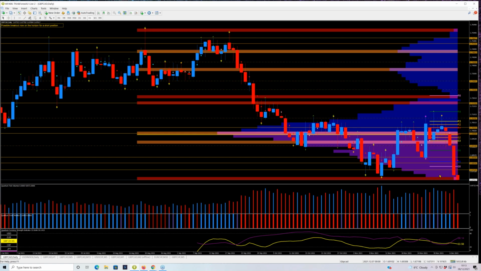We're also coming to the extreme from the volume point of control itself, which should provide a degree of support. Now, the reason I've pulled this one up is because it's a good example of when you have a big move day like we had yesterday, whether you may have been in there or not. Let's say you weren't, but you saw that move, and today the question is, are we going to get some kind of reversal, or are we going to get a continuation?